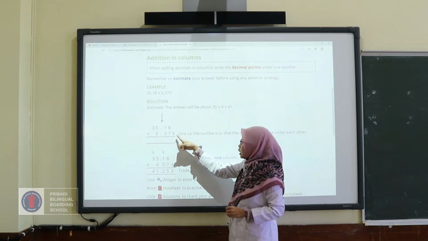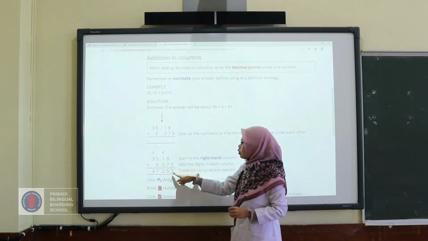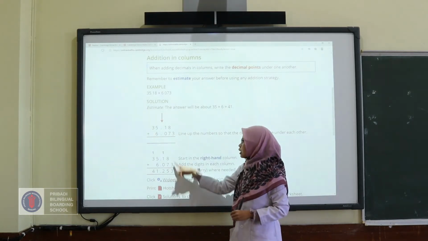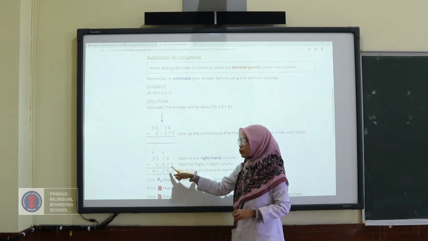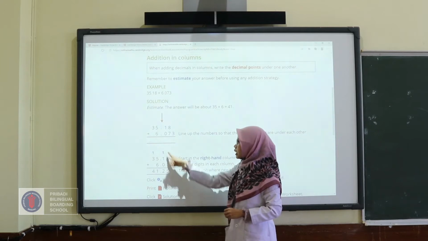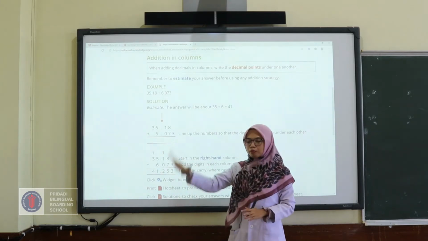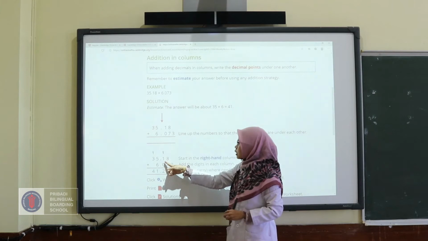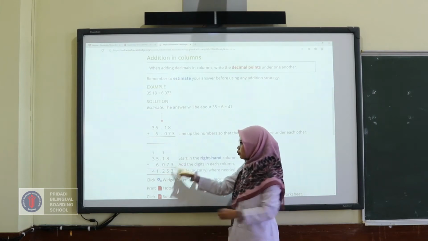So 0 plus 3, we are going to get 3. 8 plus 7, we are going to have 15. Write 5 here, and then carry 1 to the next place. So 1 plus 1 plus 0 will be 2.